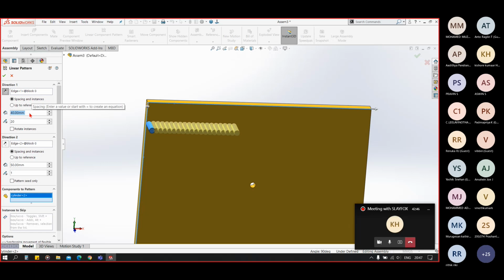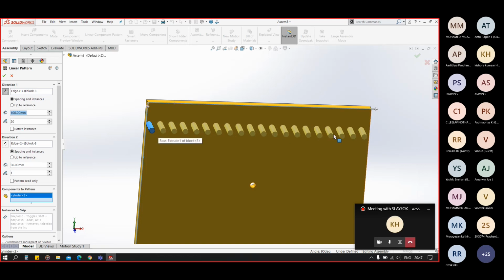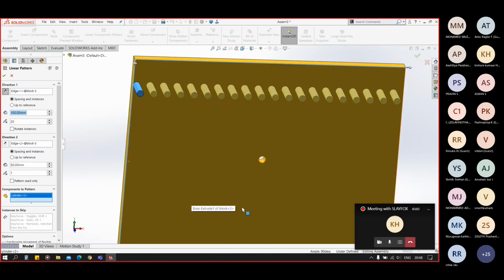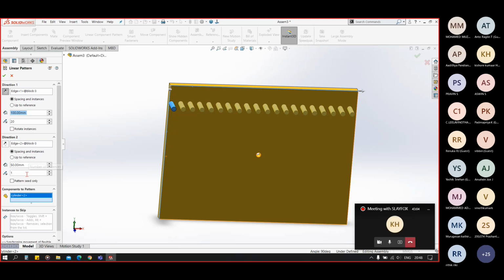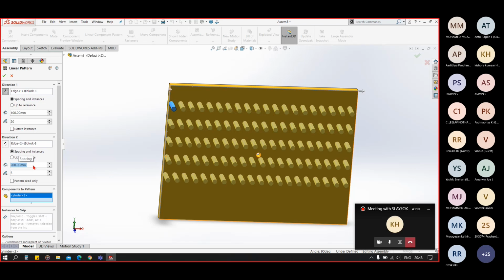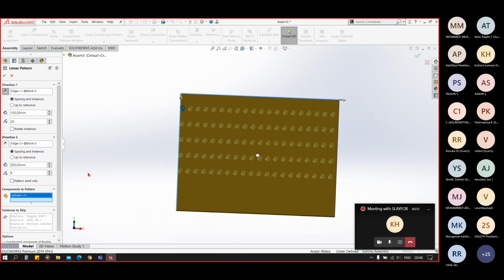We have distance here. So let's say 100 mm. You can see we have 20 instances at a distance of 100 mm each. Same in direction 2, we can add the number of instances and also the distance between them. Let's say 205.